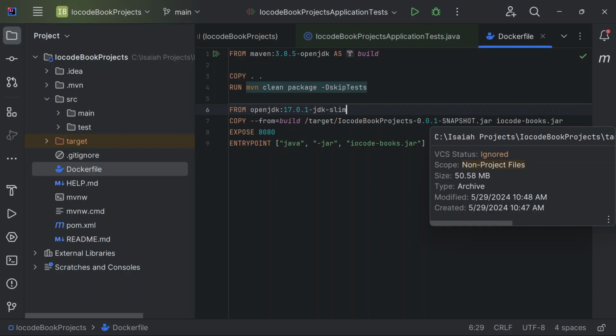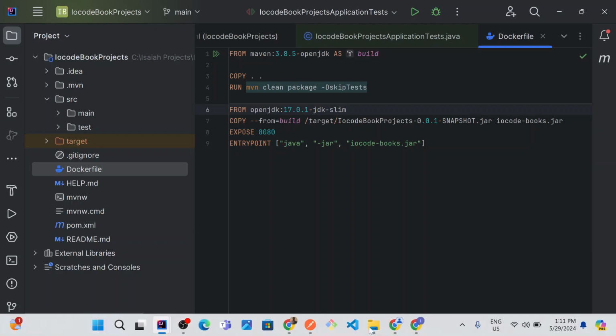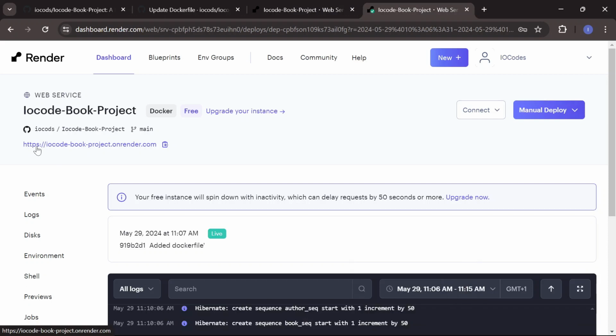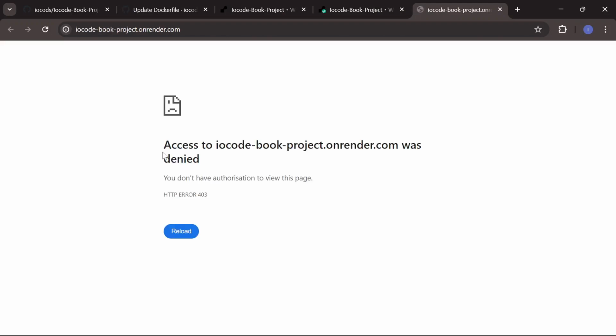Okay. Now with all of those stated, let us take a look at the endpoint that Render has automatically generated for us. We have it right here. The https iocode-book-project.onrender.com. So what I basically want to do is open this in a new tab, so I'll click on it, and we basically have access to iocode book project was denied because we don't have authorization to view this page yet. So what we want to do now is copy the whole of the URL,